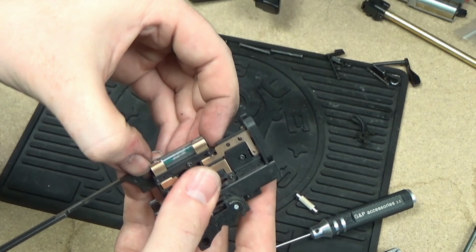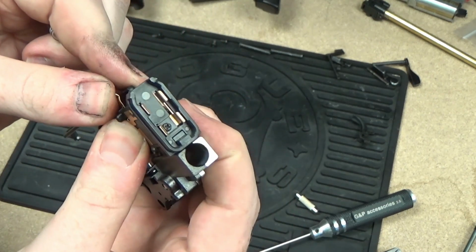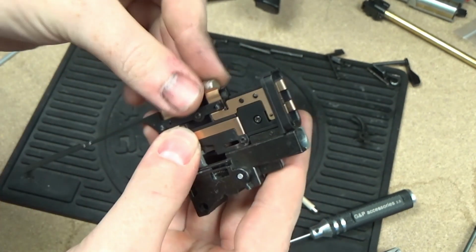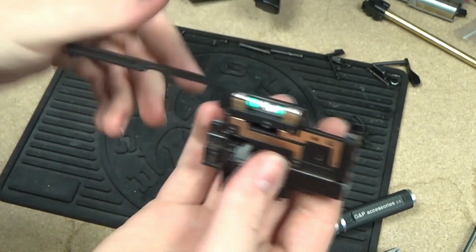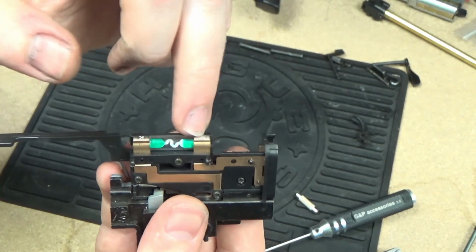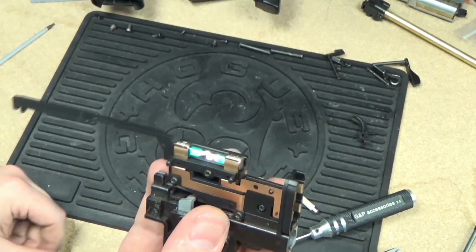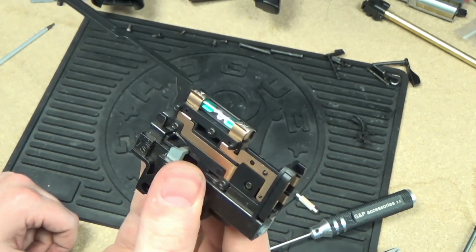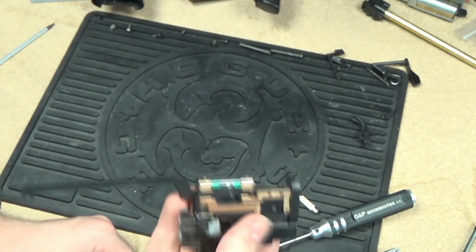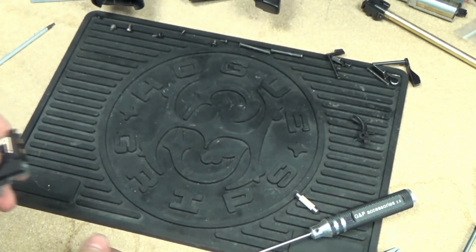What I'm probably actually going to do before I finish doing that is just push the connections in a little bit because it's a little bit loose. So let's pop those in, then got a nice snap on it now. So proper fuse there. Make sure you're using high quality fuses with these things. You can get the ones that have the really thin wire that goes through, that sometimes are rated up to 30 amps. To be honest, they're really fragile and they do break quite easily. So make sure you're getting something good, and this being out of a Tokyo Marui, I can't imagine it to be bad. So yeah, we're going to use that, and I'm going to just unscrew